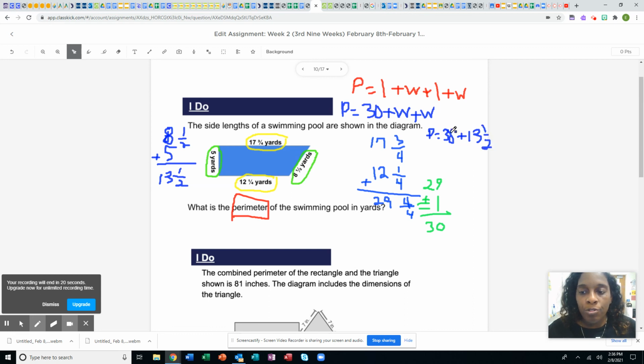I can add those two numbers together. 0 plus 3 is 3, and 3 plus 1 is 4. And I had a half here, so I just bring down my half. So my answer to this problem